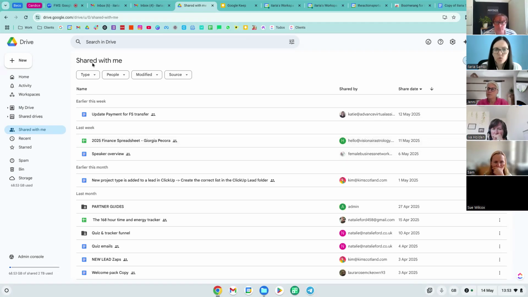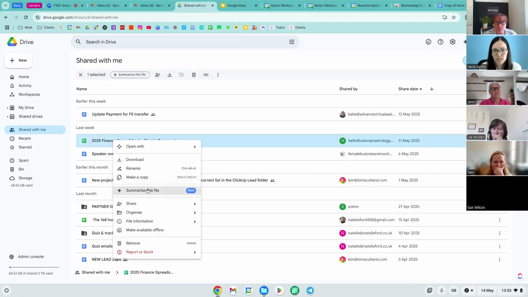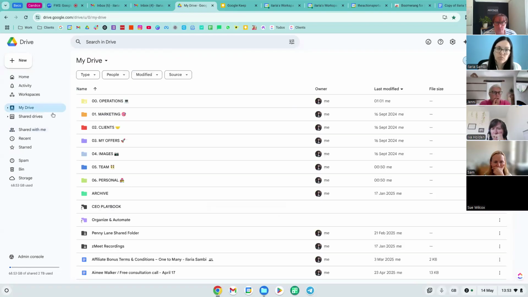And so I know that if I go to Shared with me, I can see it here, or I can create a shortcut as I showed you before. So right click, Organize, Add shortcut, and then you add a shortcut to your drive so you don't need to leave your drive basically to find your client thing.